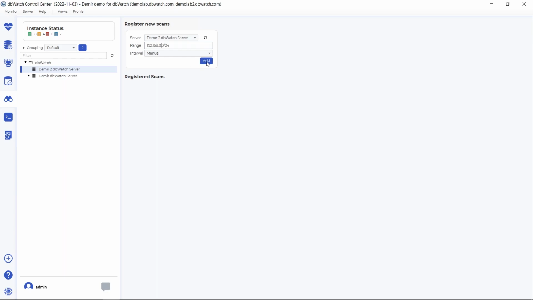But this can be fine for this attempt. So you can then add the scan, and it will show up here. You can have multiple of these scans running. So if I just do another example, you can have multiple scans. They will start like this, and then you have to trigger them to start off, and this will scan the networks. And when new databases are detected, they will show up on the side here in this